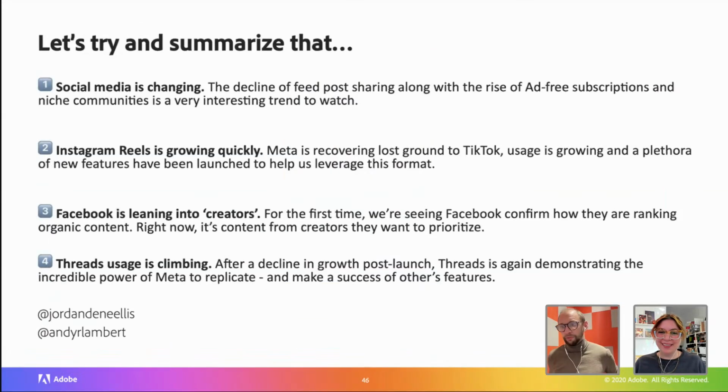And I think really, if you're going to take away anything from this session, take away these 4 points. The direction of social media in general is just changing. I feel we're in for a really interesting 2024. We spoke about the decline of feed post sharing, and the rise of those small niche communities as a result gives us more opportunity, but also increases the complexity of social media marketing. It's not just, hey, stick it on Facebook and Insta and we're done. And people will see it, yeah. Exactly. There's a little more to it.